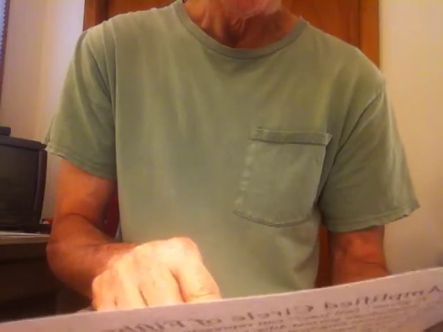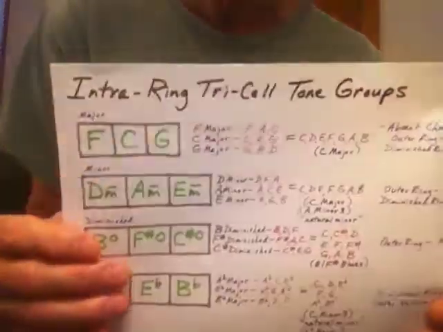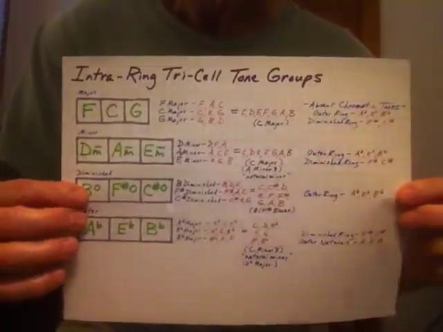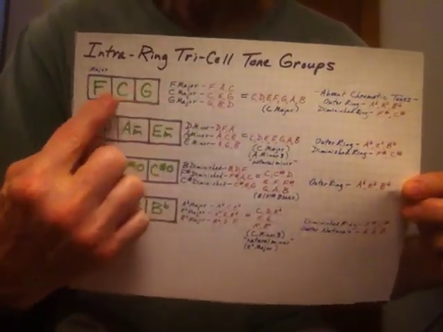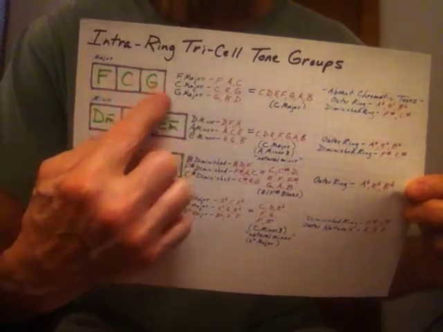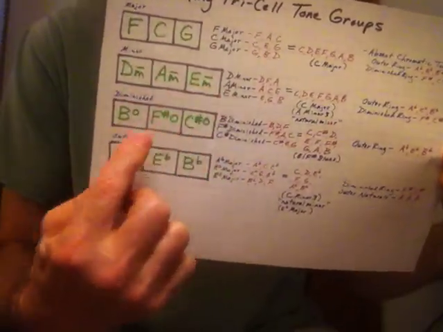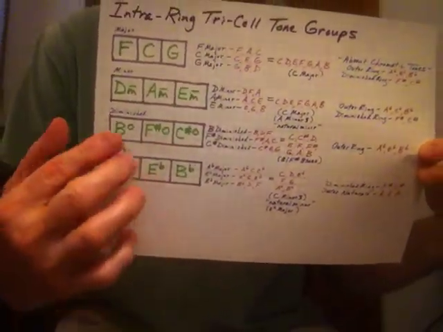I talked about intra-ring tri-cell groups and how they yield patterns and scales. In that first video, I showed you this little chart I made. We have tri-cell groups, and each comes from one ring, one data ring. There are different tri-cell groups, right? Now, if you don't remember that,